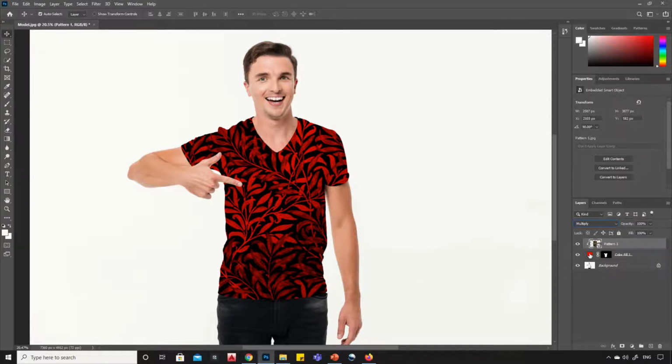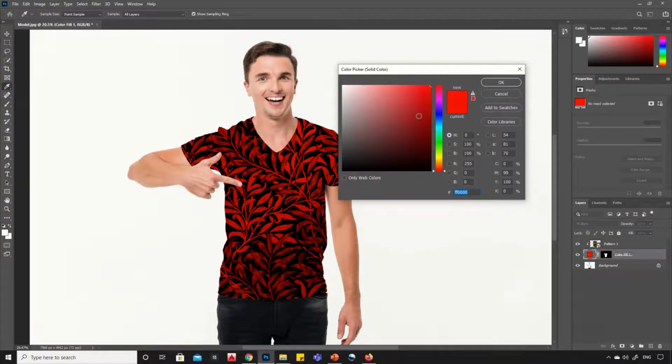To change the color, simply double-click on the color layer and select any color of your choice.